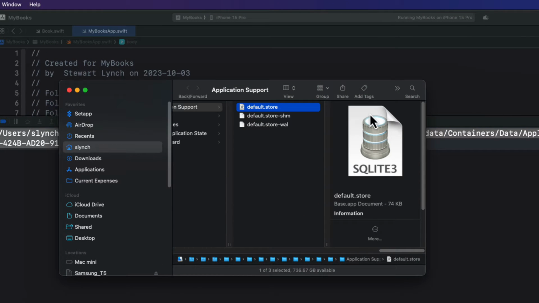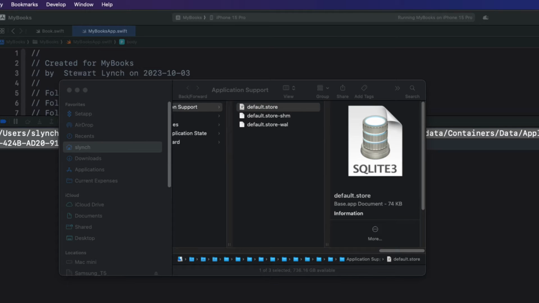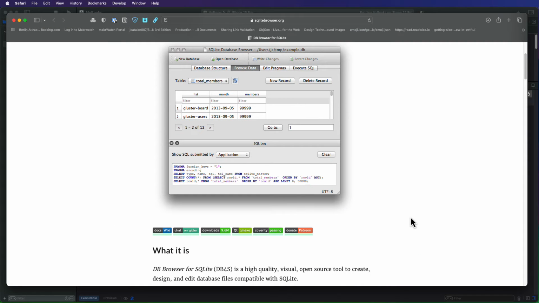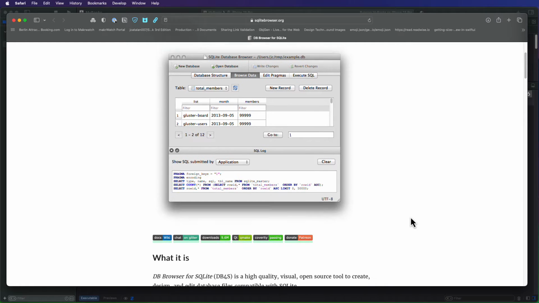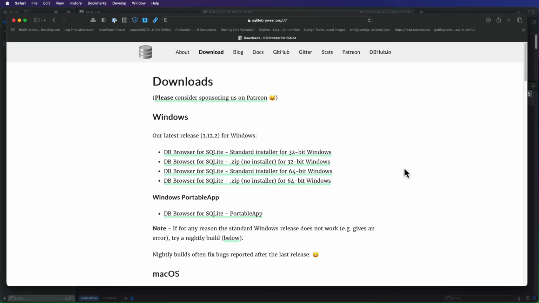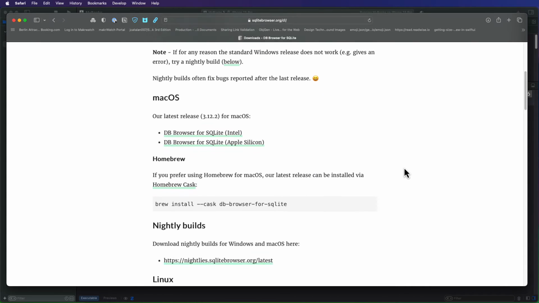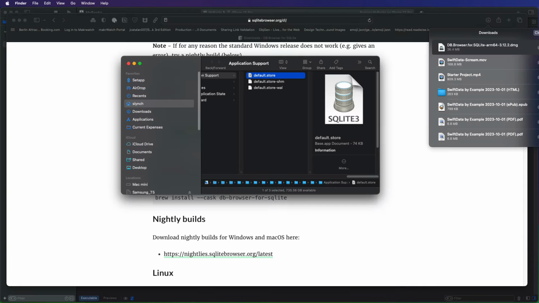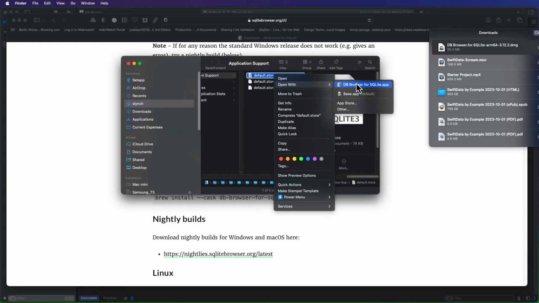The first file is the default.store, and this is a SQLite file that I want to inspect with a SQLite editor. You can use any editor of your choice, but I found that there's this free one that you might want to use to get started. I'll leave a link in the description. This is called DB Browser. Now I've already downloaded and installed the Silicon Mac version for my M2 Mac Mini that I'm recording on. So if I right-click now on this file and open it in the application,